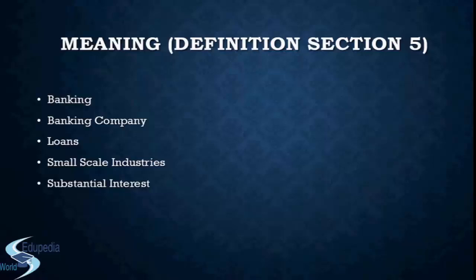Which means to say that in general terms, if you draw a general line of difference, it is the investment in plant and machinery. If it is less than 7.5 lakhs, it is a small scale industry. If it crosses 7.5 lakh, it is a large scale industry. Right? The text says not in excess of 7.5 lakh, which means even if it is 7.5 lakh, it is a small scale industry.